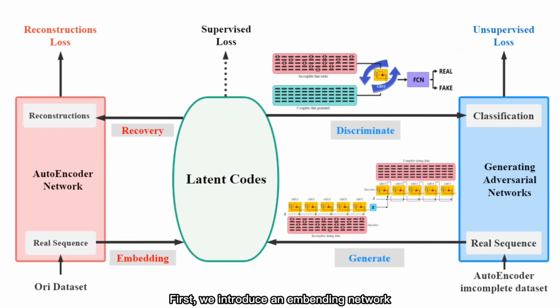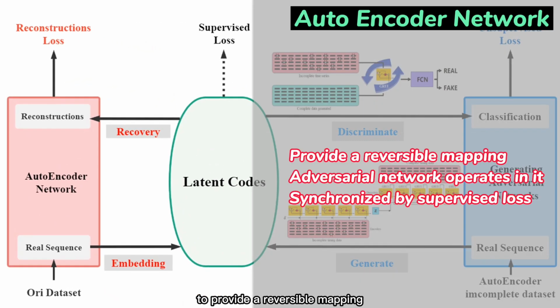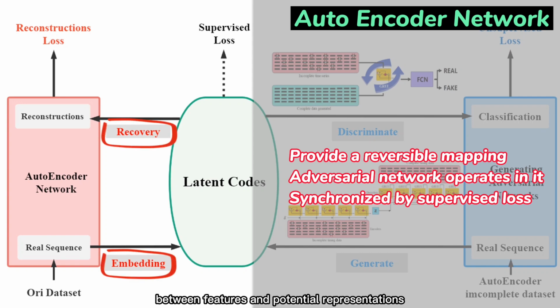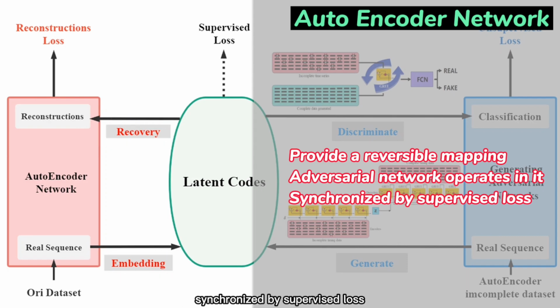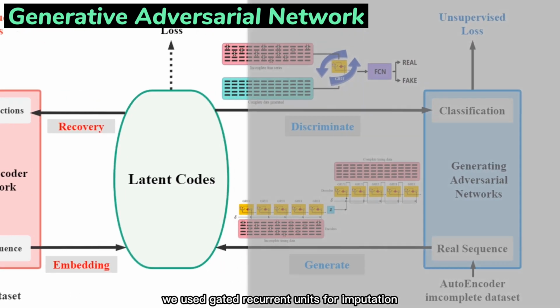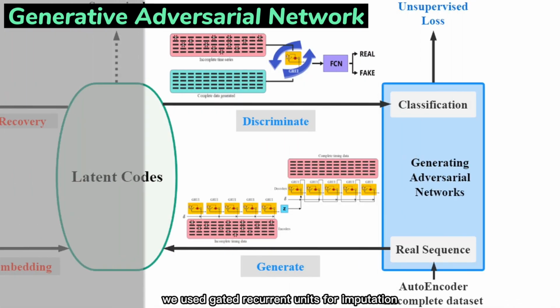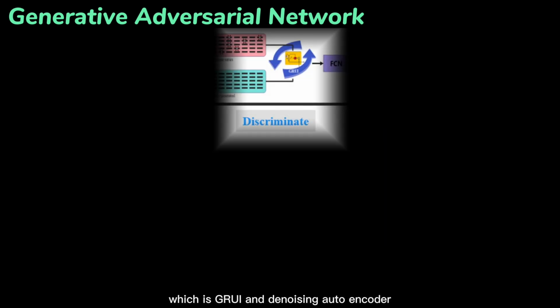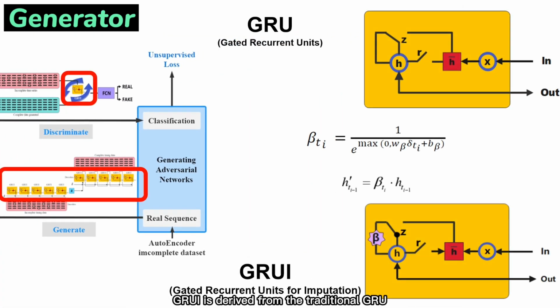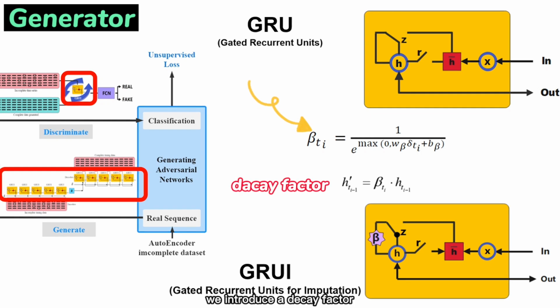First, we introduce an embedding network to provide a reversible mapping between features and latent representations. A latent space is also provided in which the adversary network operates, synchronized by supervised loss. Then, for the GAN, we use gated recurrent units for imputation, which is GRUI, and a denoising autoencoder. GRUI is derived from the traditional GRU, and since we use this algorithm for imputation of missing values after data augmentation, we introduce a decay factor, beta, to obtain its essential features and missing loss, which enables GAN to handle